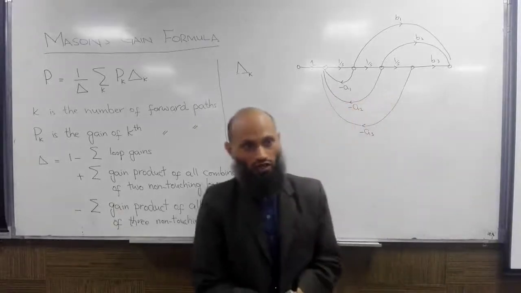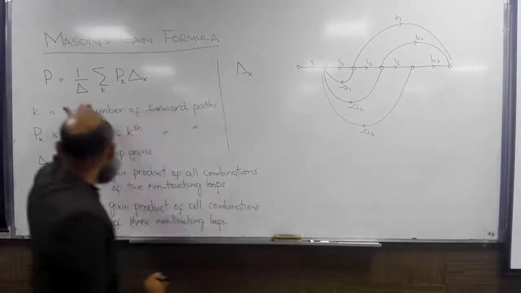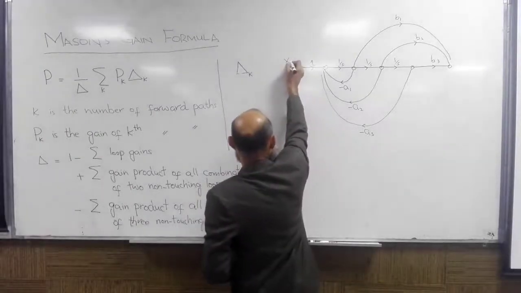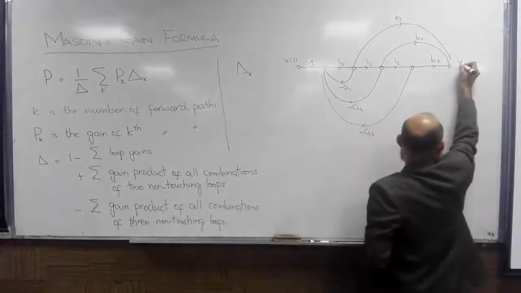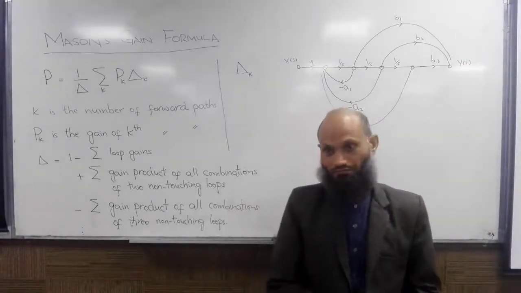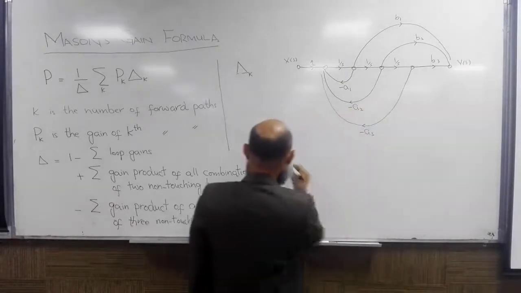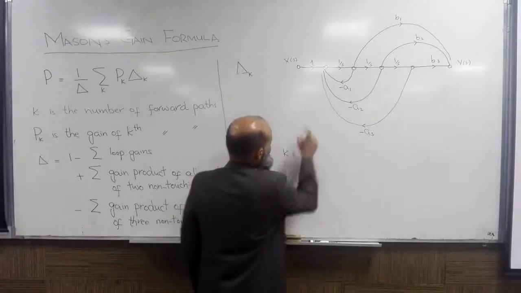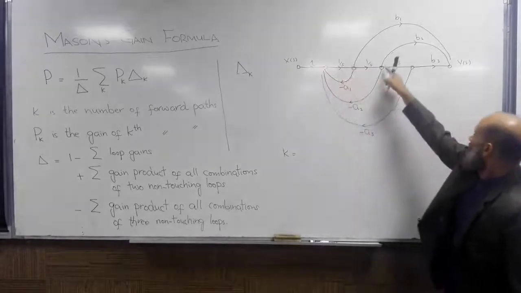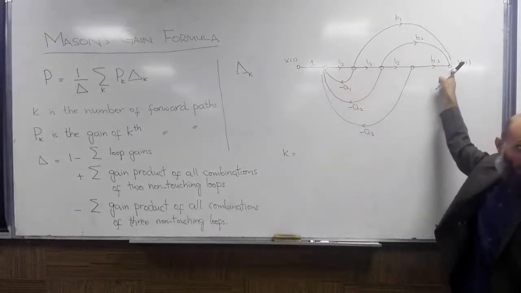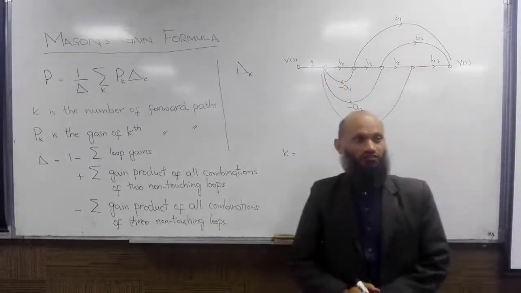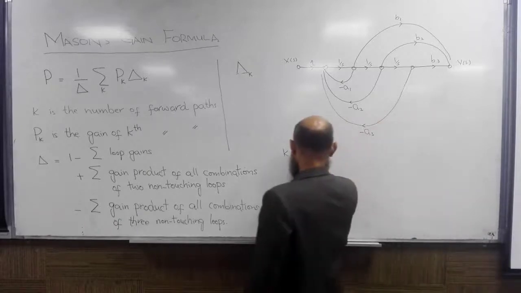You have a signal flow graph and you want to utilize Mason's gain formula to obtain a transfer function between this signal X of S and this output signal Y of S. So you are required to do that quickly. First of all, how many forward paths are there? Here we can move in this direction. This is first forward path. We can move in this direction as well. This is second forward path. And this is also the forward path. We have 3 forward paths. K is equal to 3.